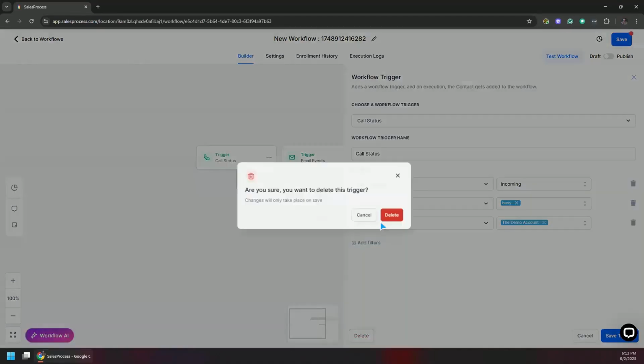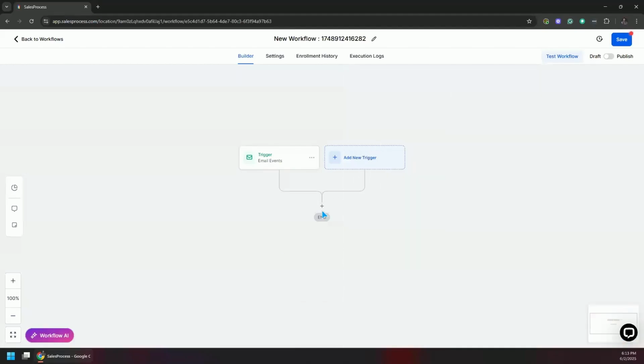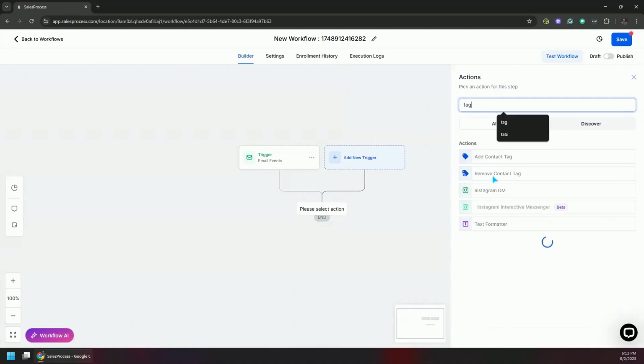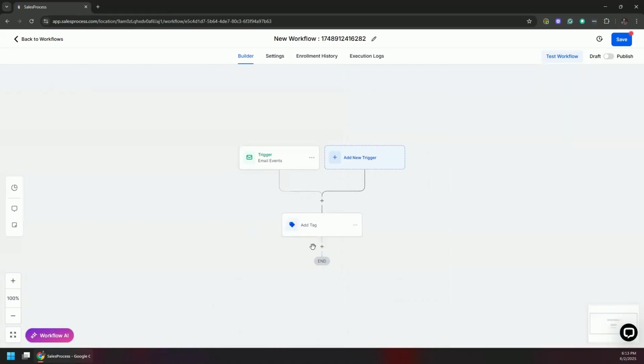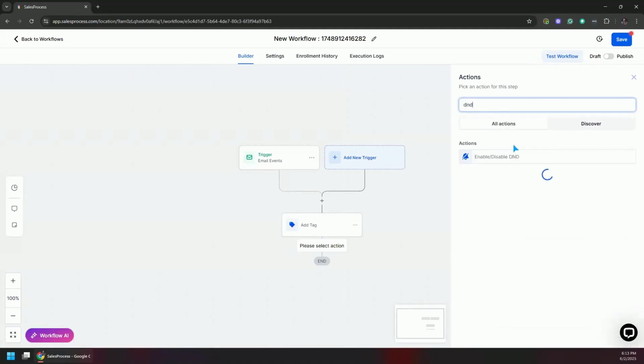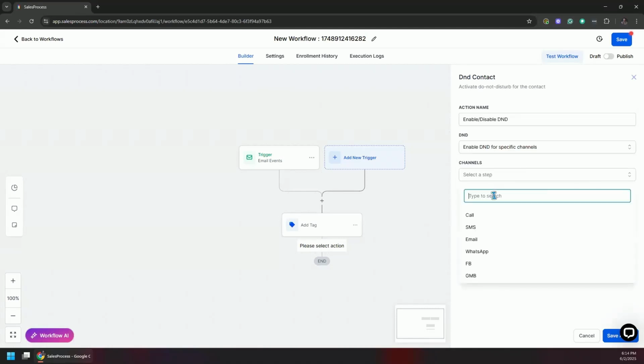Let me delete this trigger, email events bounced, and then I usually put up a tag, and the tag usually is bounced or spam email. Yep, that is the one. And then I put a DND action. This is the one that I do. And then I tell it enable for specific channel, and then I tell it, okay, just enable the DND function for that particular person where our email was bounced or was reported as spam by the person, to keep our